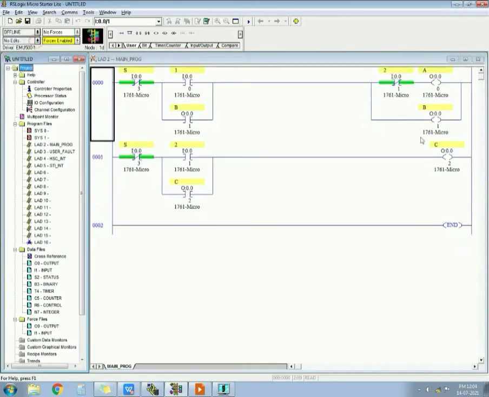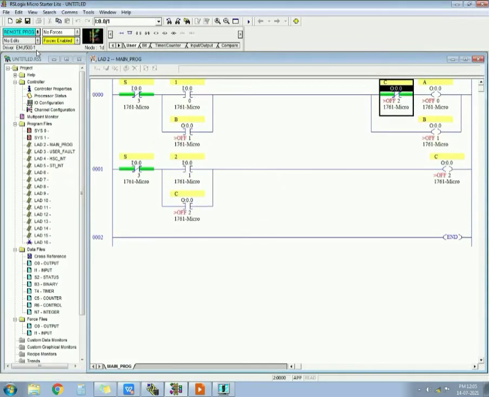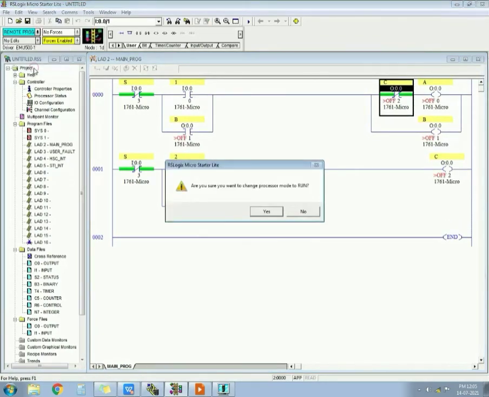Solution is that you have to use this addressing of output over here. Because this push button is again getting back to its position and it is again passing the supply to output A. So we want a permanent solution that will permanently stop the supply for output A. So that we can do with this output addressing over here, O0:0.0/2. When I take the addressing of output C, which always remains on, it will switch off the output A permanently.